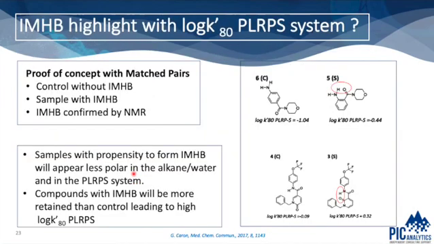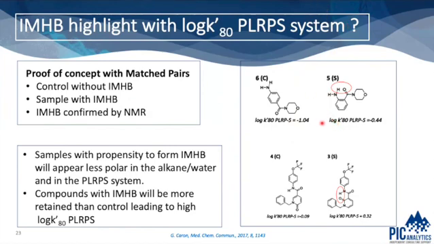So what we've done, we're trying to make the proof of concept. We worked with matched pairs, and we tried to find controls without intramolecular H-bond and samples with intramolecular H-bond. The presence of this intramolecular H-bond was proven and confirmed by NMR and by the temperature coefficient. And here you have an example of these two compounds where they have exactly the same formula, but one without intramolecular H-bond has a low log K prime, meaning low retention, compared to the other one that has a high